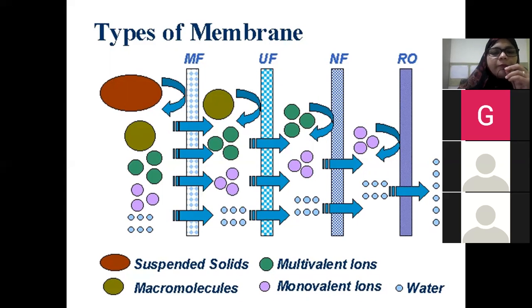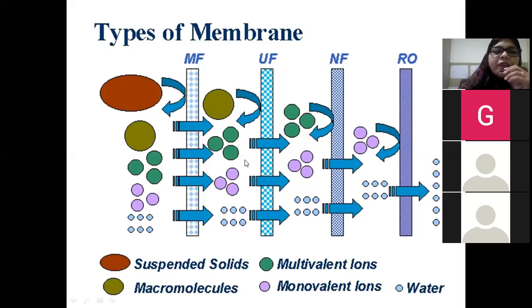ultrafiltration membrane. Okay, then from these, multivalent, monovalent, and water molecules are passed through the nanofilter. Now in the nanofilter, you can see that these multivalent ions are also rejected. They are not allowed to pass through it, but only monovalent ions and the water molecules pass through it. Okay, monovalent and water molecule. And then these two are passed through the RO, reverse osmosis membrane. And here you can see that monovalent ions are also rejected and only water molecules are allowed to pass